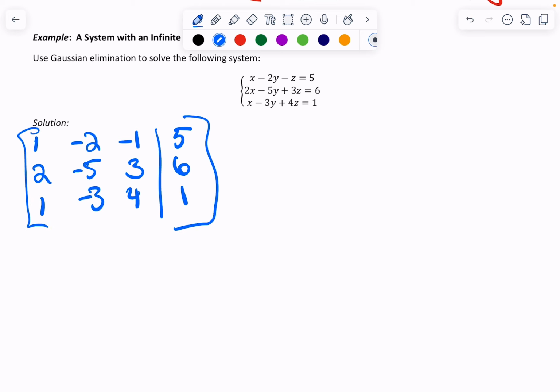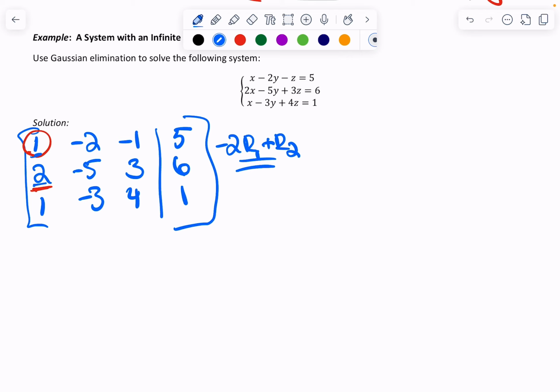Here we go. Now, we already have a 1 here, so we want the 2 to become a 0. So we are adding to row 2. We're going to multiply by the opposite of negative 2 because we have a 1 here. So row 1, negative 2 times row,